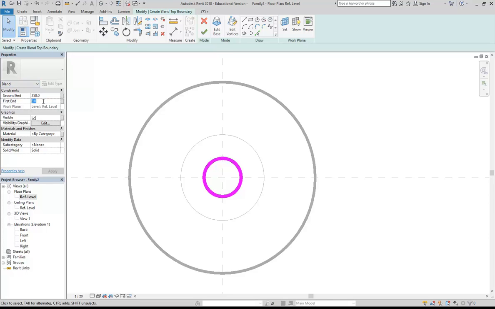So, over in properties there, you can see that instead of start and end, or extrusion start and extrusion end, we've got first end and second end, but basically it's the same thing. It's the top and the bottom. So I'm going to leave the first end on 0, and then I'll make the second end 550. So if I finish that,